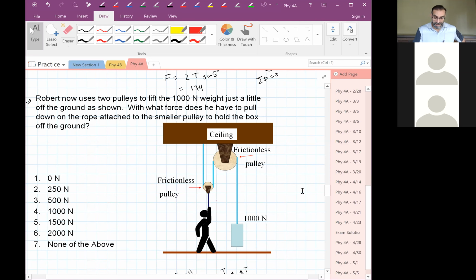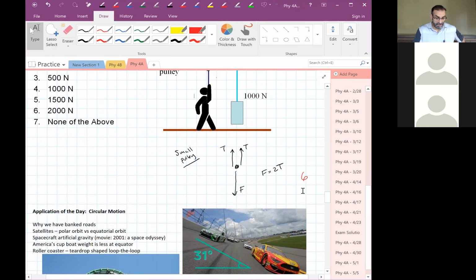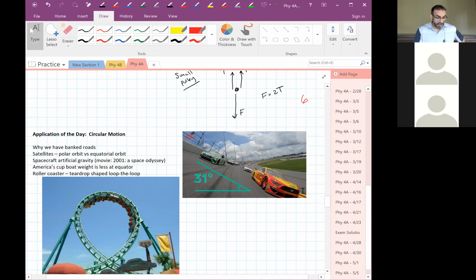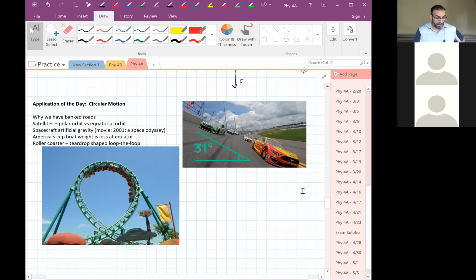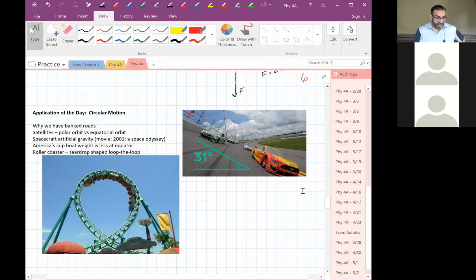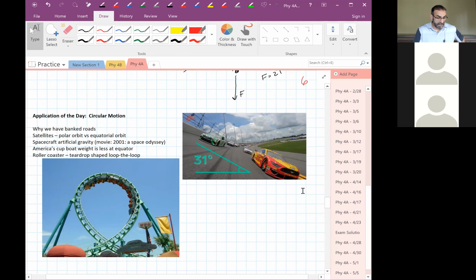Okay. Let's look at the next one. Application of the day. We've got a lot of applications for circular motion. One of them is banked